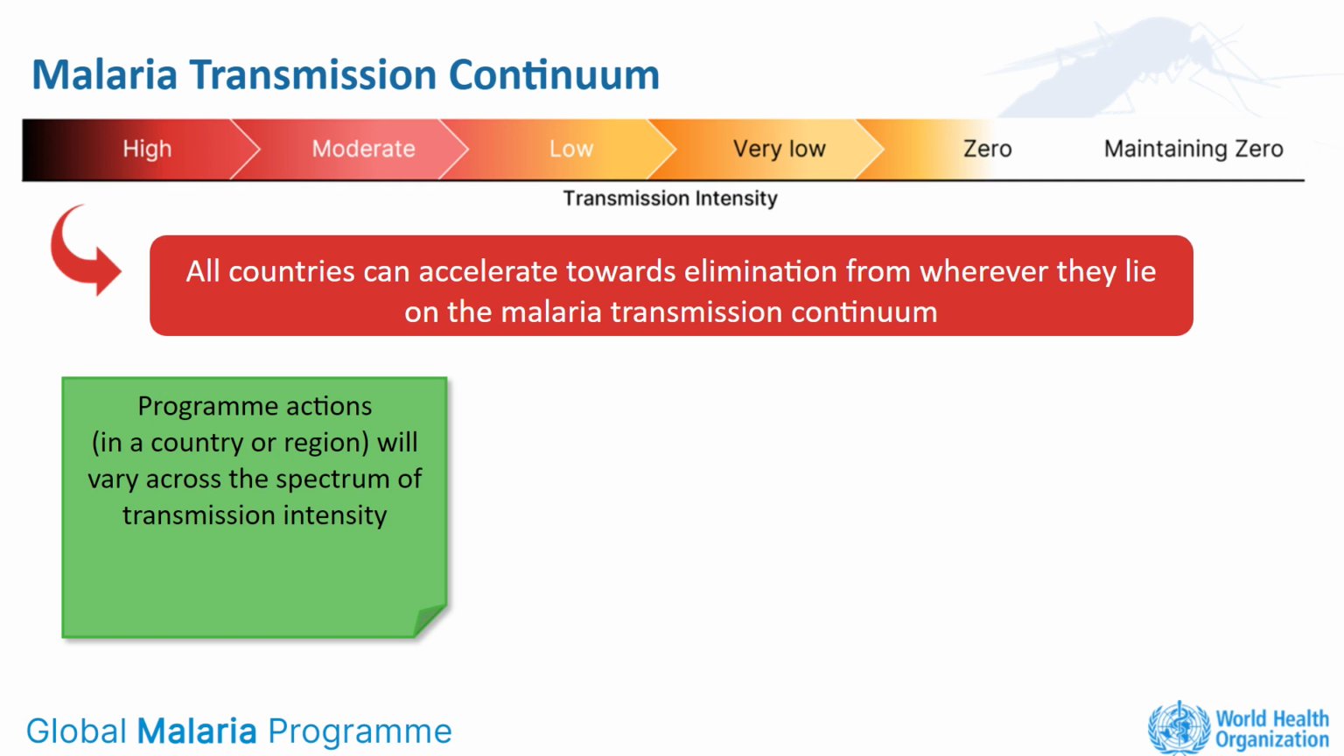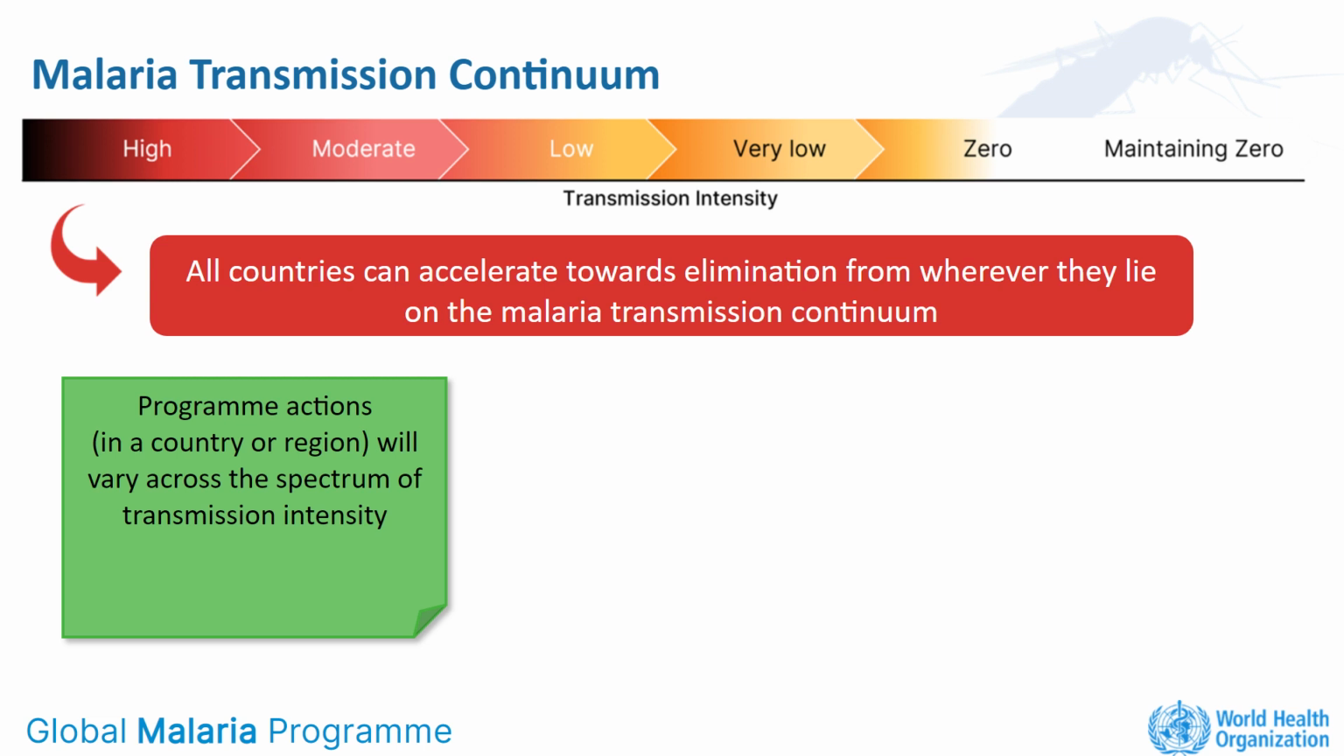high transmission, annual parasite incidence of 450 malaria cases per 1,000 population at risk, or a P. falciparum prevalence of greater than 35%, to very low transmission, less than 100 cases per 1,000 population, and a prevalence of P. falciparum or P. vivax less than 1%. The activities and intensity of the program will vary across the continuum, but no matter where